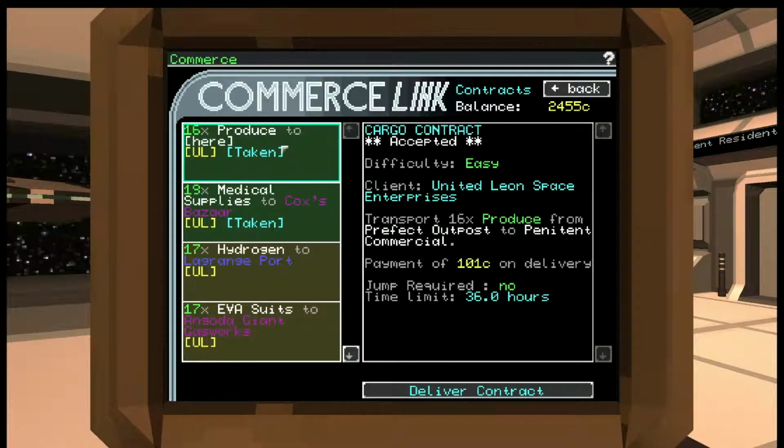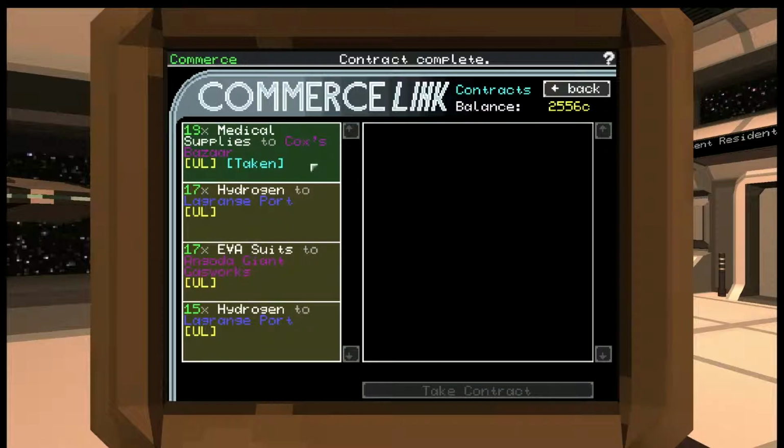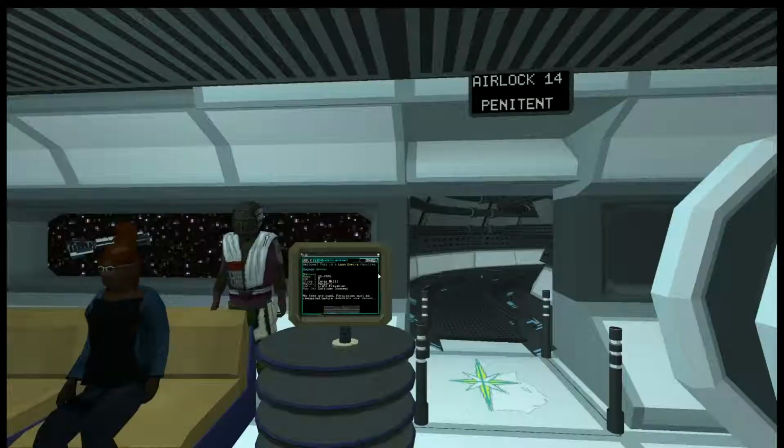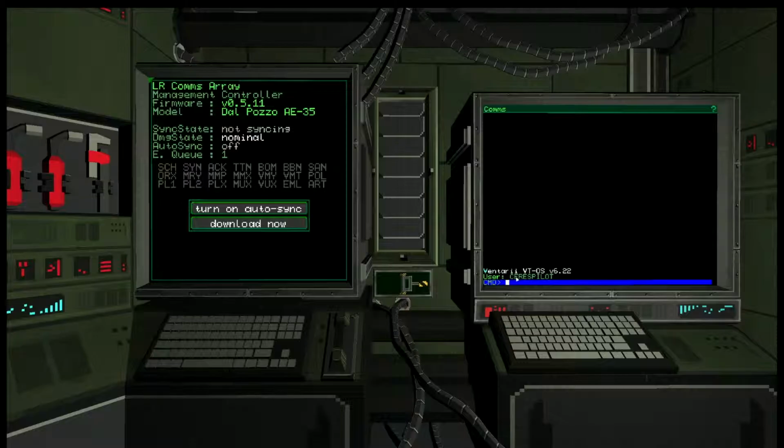Go to our contracts. Hey, what do you know? We select this one. We got to take it to here and go ahead and deliver the contract and get our 101 credits. You can see now we gotta go and deliver our other one. Now we'll say that was a very non-worthwhile mission. If you think about it, our profit was only one credit